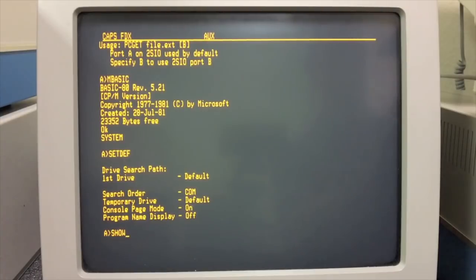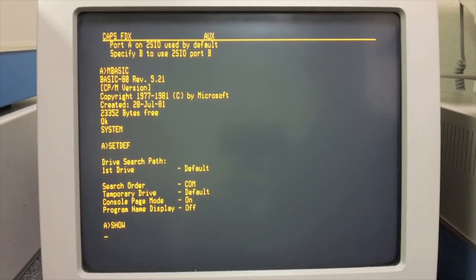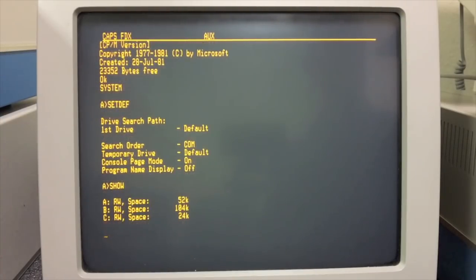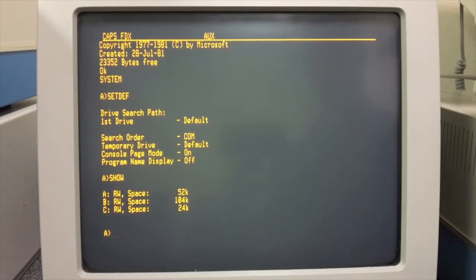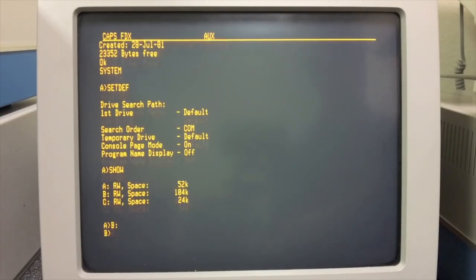So if I wanted to see how much disk space I had left, I could type show. That program runs and tells me how much space is on each of my disks. The reason that worked is because the show.com file is present on the A drive, which is my current default drive. If I now switch to drive B,